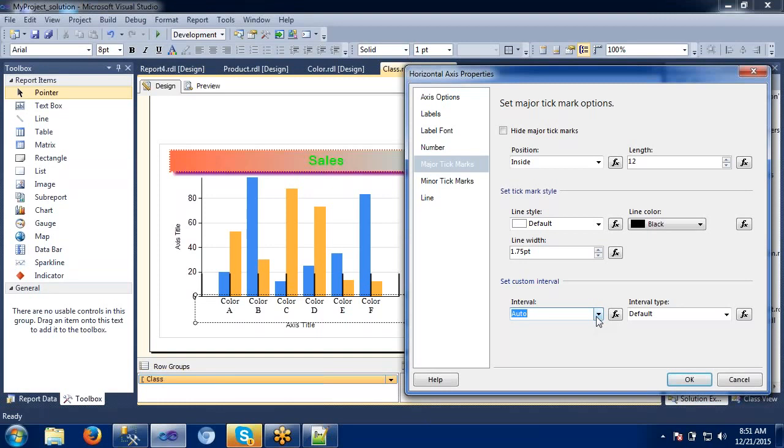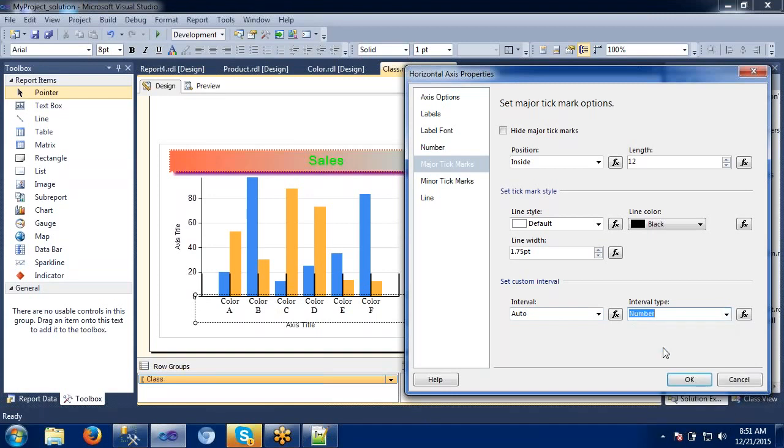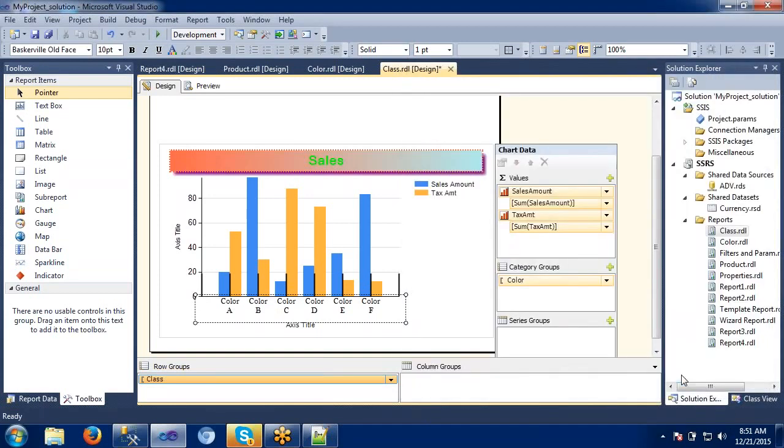Because depending on the report, it will automatically be marked with some range. From color A to color B we have some gaps, and those gaps are automatically set, which is called the interval. Default interval type is given here. If you want numbers, we can use numbers here. This is all about the horizontal axis.